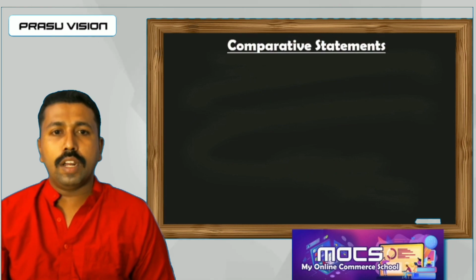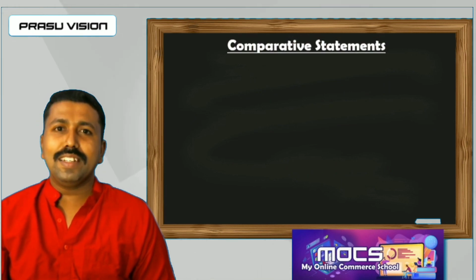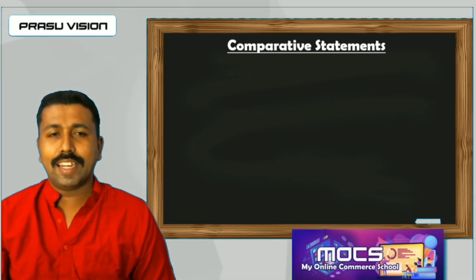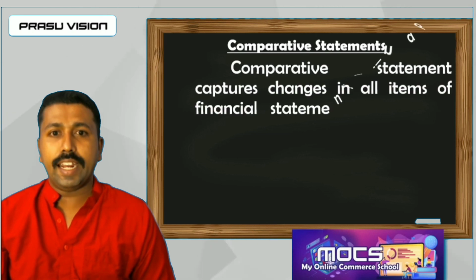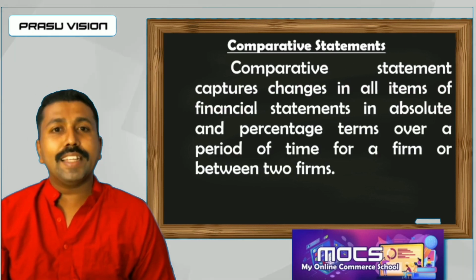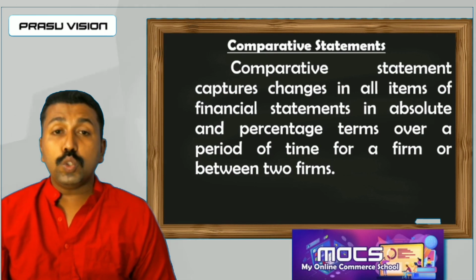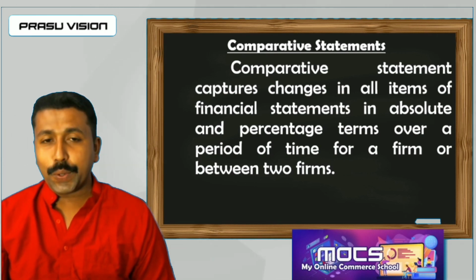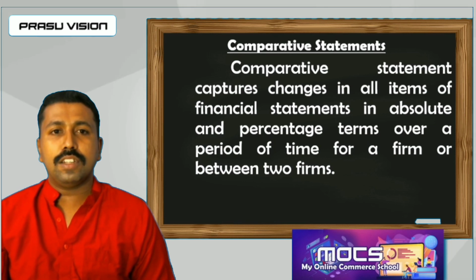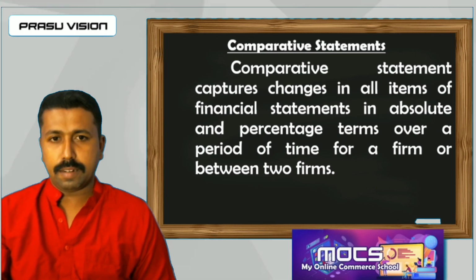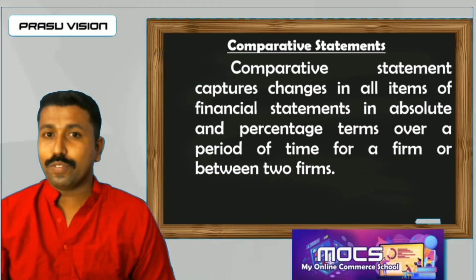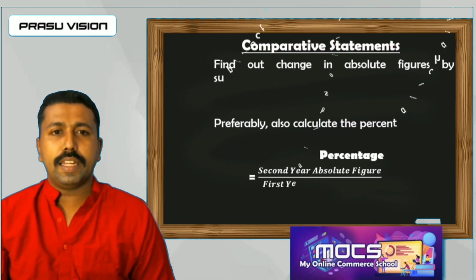First of all, we have to learn in detail what a comparative statement is. Already in the previous video lesson, I have given a summary. A comparative statement is a tool of financial analysis which helps in comparing the performance of two different organizations or the same organization. We can compare between two different years, taking the current year with the previous year. So it is a very important area. Don't forget to remember the explanation.